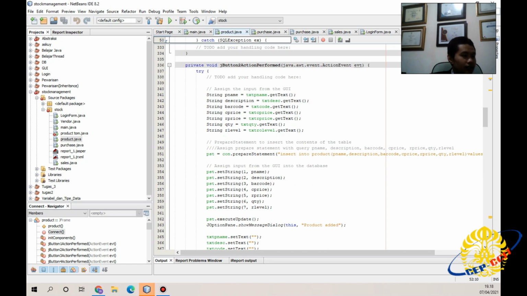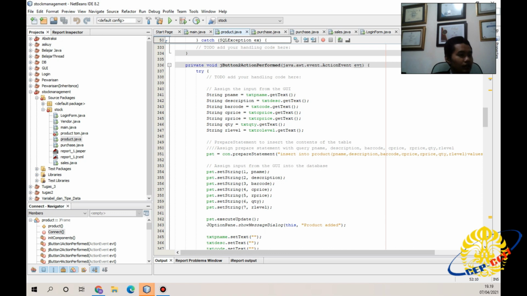Okay, in jButton2 actionPerformed, we assign the input from the GUI. String pname equals txtpname.getText. String description equals txtdes.getText. String barcode equals txtcode.getText.